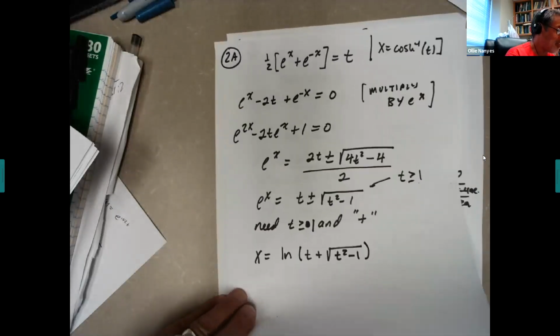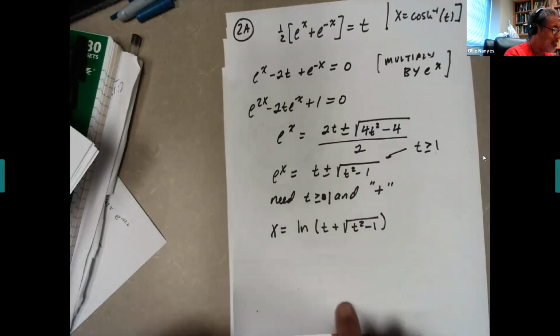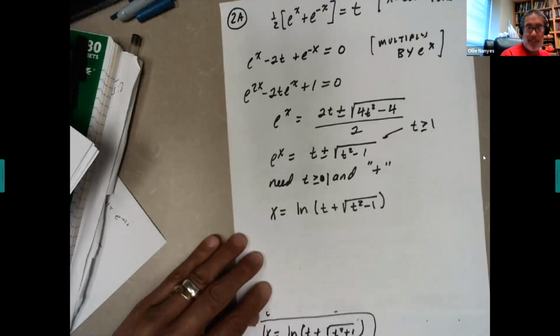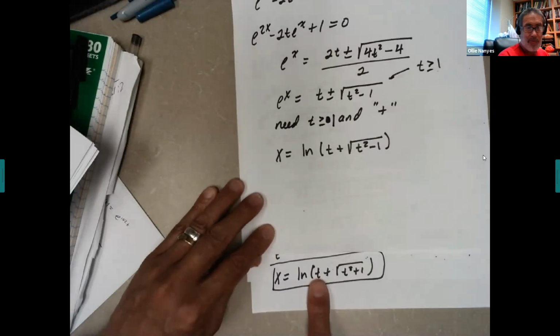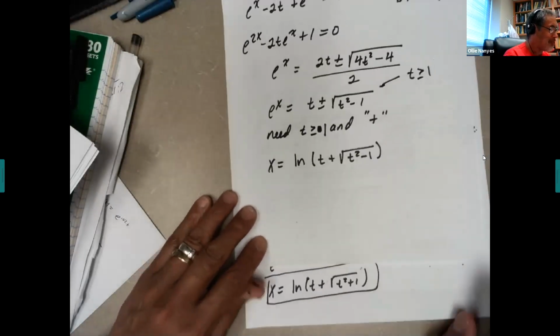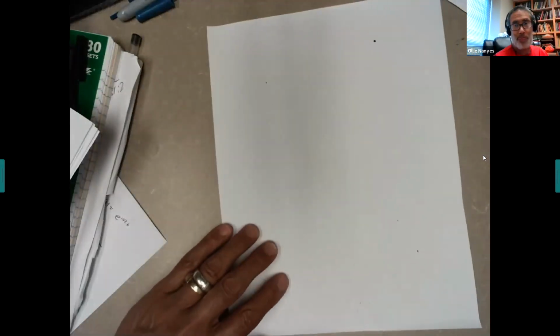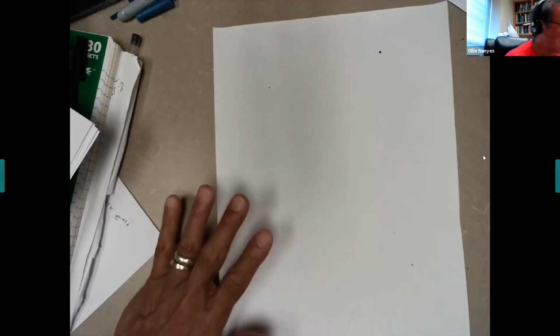Okay, so we have these two things right here. We have this, and we have this for hyperbolic sine, inverse hyperbolic sine, inverse hyperbolic cosine. Okay, now let's actually do a little bit of math here. I mean, that was math, but now let's actually do some. So now what I'm going to do to prep the